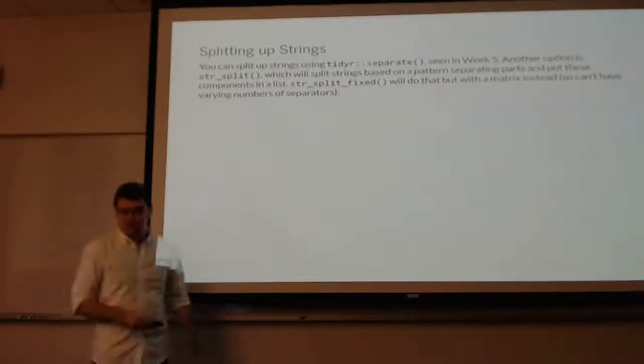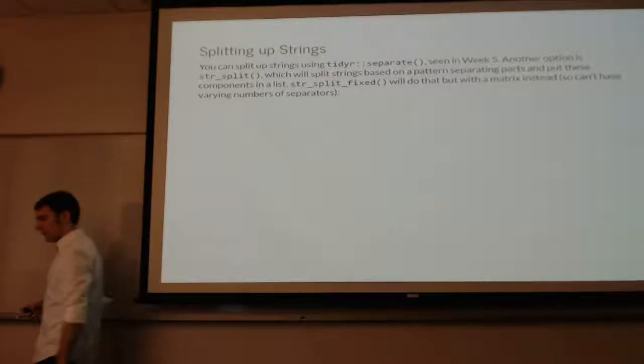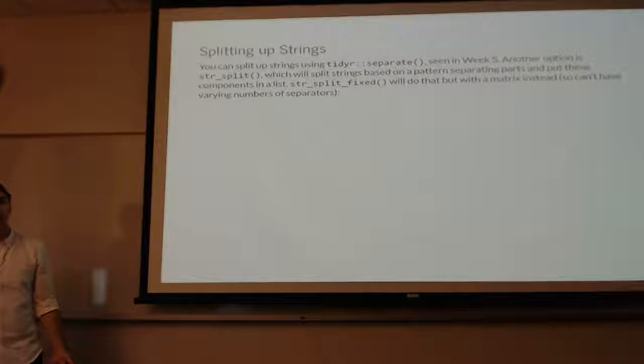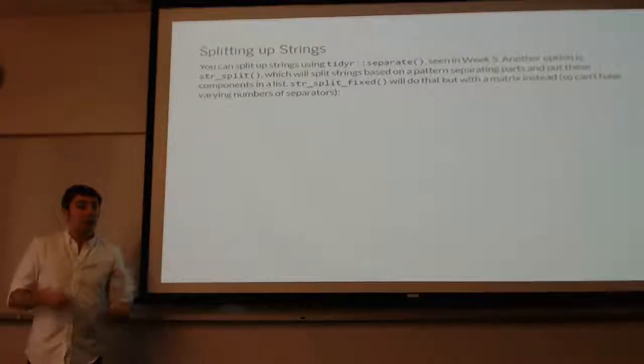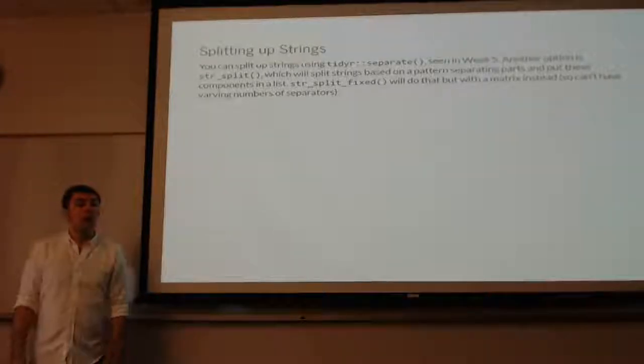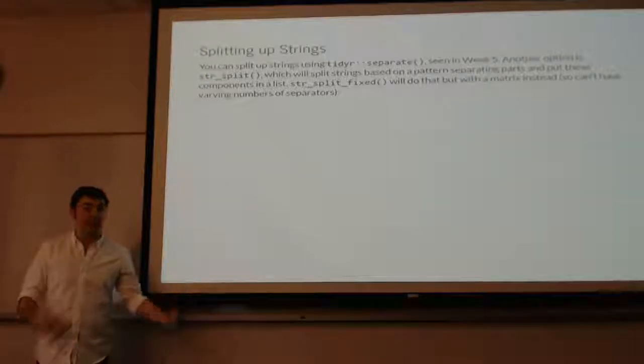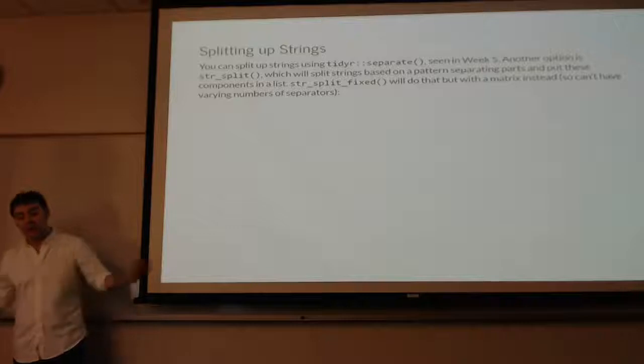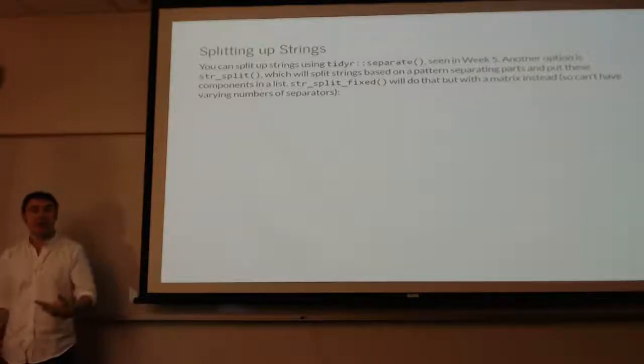Yeah. So, another operation you might want to do is splitting up strings into multiple columns, right? Because often you'll get strings that contain a lot of different information in one go. Common is getting people's names in first and last name. You want to split those into separate columns. Or say getting an entire street address that includes the city and state and everything, you want to split it